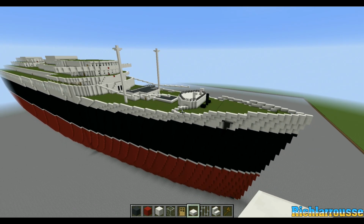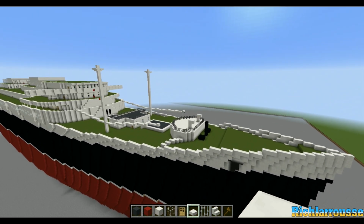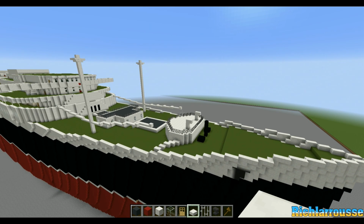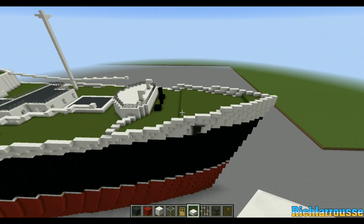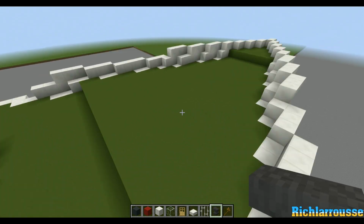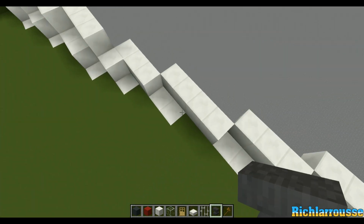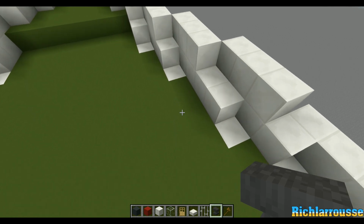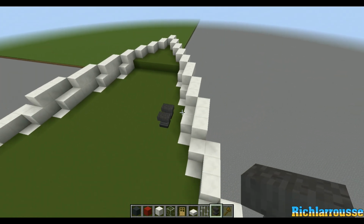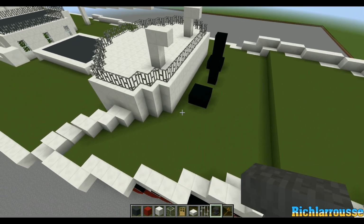So that's most of the detail done. Still got a little bit more to go. So we've got to add our anvils, which will act as what are they called? Bollards. Right, so we need to add our bollards. And we're going to do 3 pairs of these, although there's probably more. And I'm not going to put them in any specific place, but only along the sides. So I'm not going to say exactly where they go because I don't know myself. But I'll put them in pairs, and say put 3 or 4 pairs along the side, and